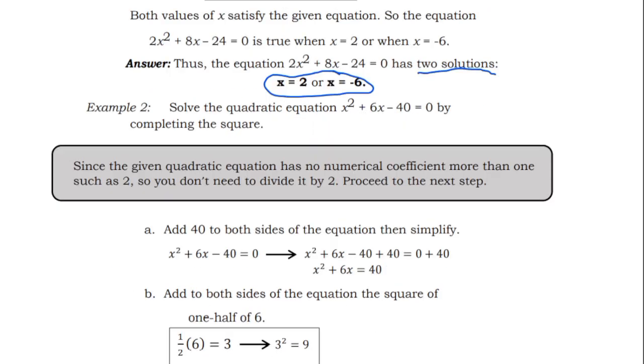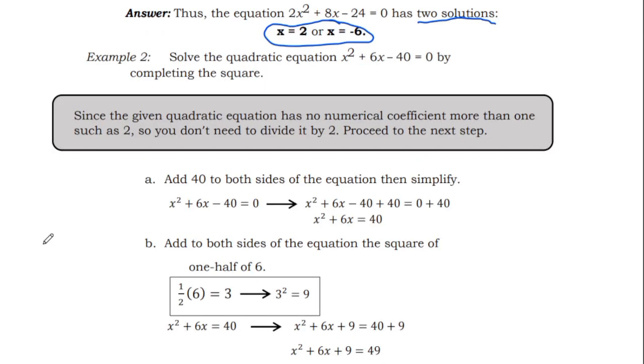Another one is x squared plus 6x minus 40 equals 0. Let's proceed to example number 2 that's stated as the given. We have to solve the quadratic equation x squared plus 6x minus 40 equals 0 by completing the square. As you can see in our given, we have here x squared plus 6x minus 40 equals 0. So negative 40 is our constant term, and the coefficient of our quadratic term is 1, so we could not divide it